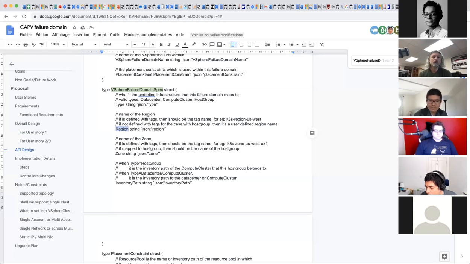Another thing I'm missing from the API is that when we configure the CPI or CSI, we actually need the tag category, not the actual tag. The configuration right now is, if I remember correctly, within the vSphere cluster, in the CPI configuration. Maybe we should extract the label, like the tag category, and move that information here to the vSphere failure domain definition as well, so that we define all the failure domain related stuff in a single place, not spread out into different structures.